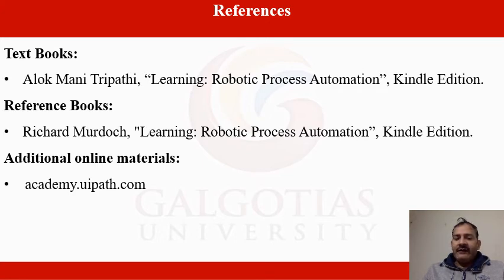I have also many times suggested to all of you that you can use academy.uipath.com. If you want to do something better in robotic process automation, it's my humble suggestion to all of you: first of all, go to academy.uipath.com. At that URL, everything from basic to expert level is given. You can visit this URL and start from zero.